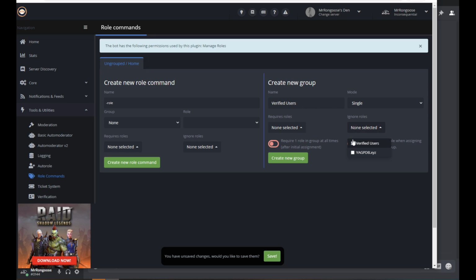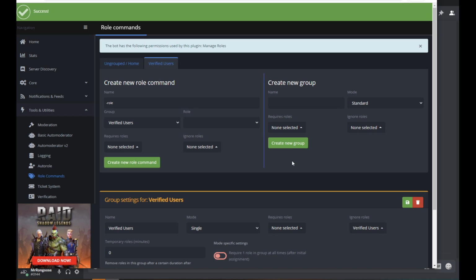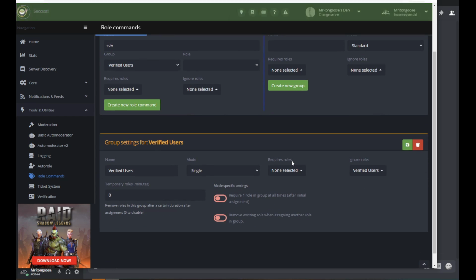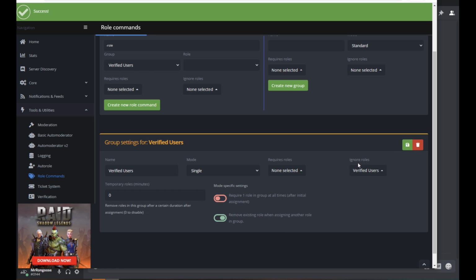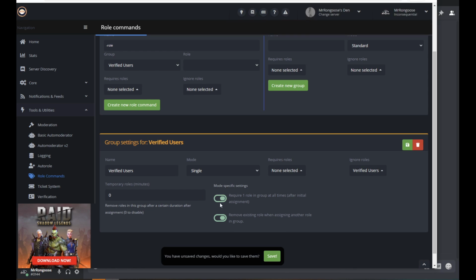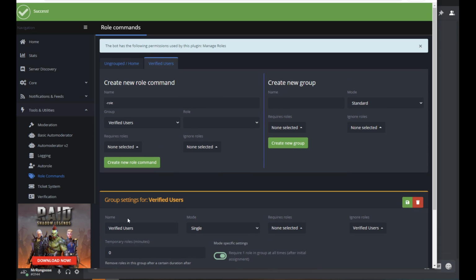Ignore roles, I'm gonna say my verified user group in Discord. If you're a verified user already, you shouldn't need this group because you're already in it. We're gonna create new group. The only thing I'm going to add here, and you could have done it above, is I'm going to remove existing role when assigning another role. So this in essence does the same thing as single mode, but I'm just going to do it to double up, make sure. And I'm also going to require one role in the group at all times. Now that you've made a group,